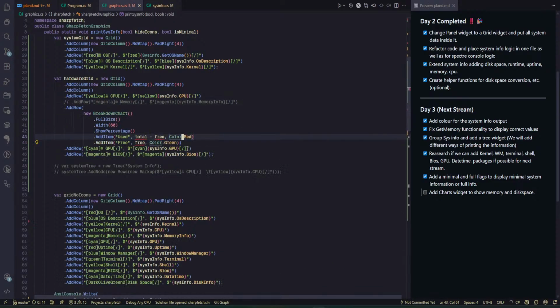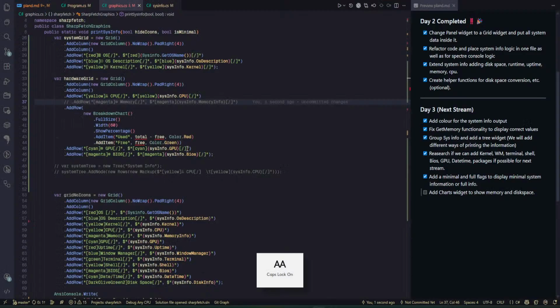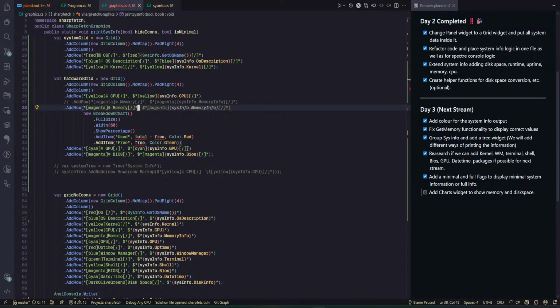And maybe we can add this row. Oh yeah, I see the issue also. So from this we can get